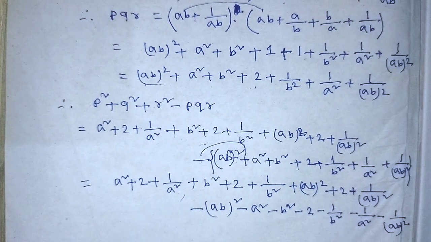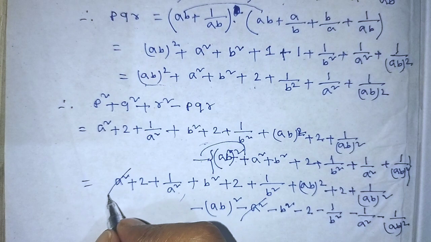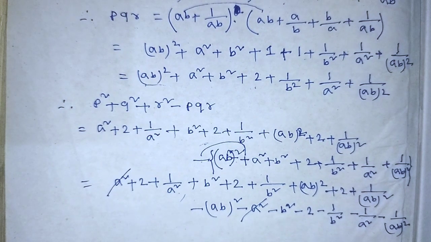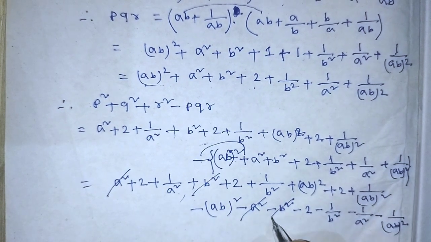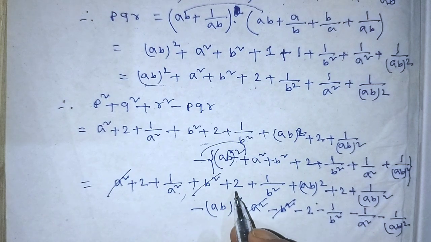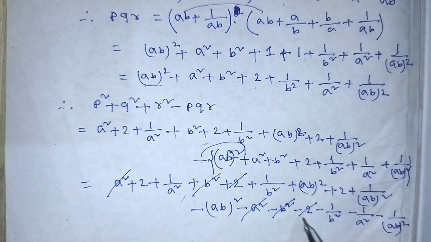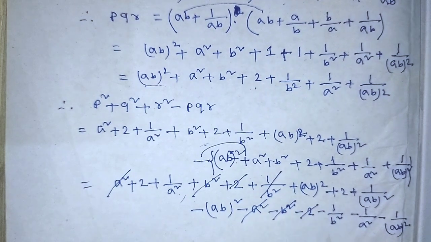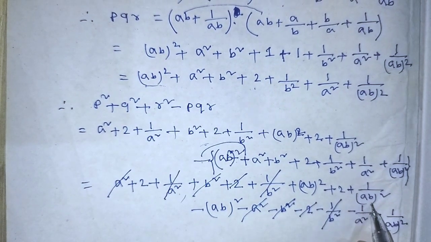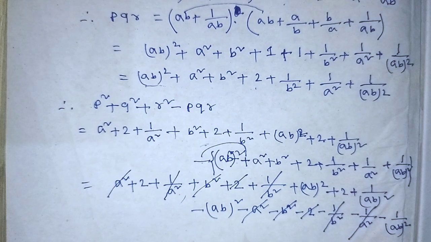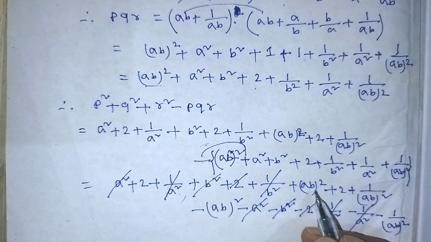Okay, so now we can cancel minus a square plus a square in this algebraic expression, and similarly we can cancel plus b square minus b square. Similarly you can cancel plus 2 minus 2, plus 1 over b square minus 1 over b square. We can cancel plus 1 over a square minus 1 over a square, and we can cancel plus (ab) whole square,